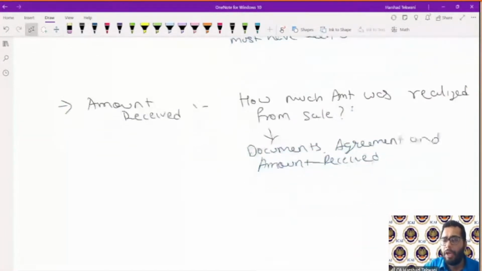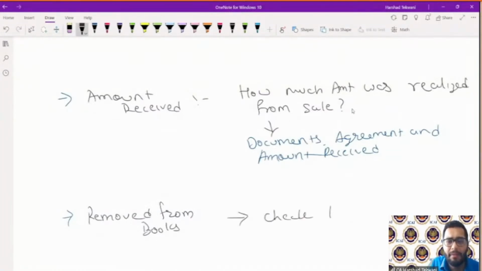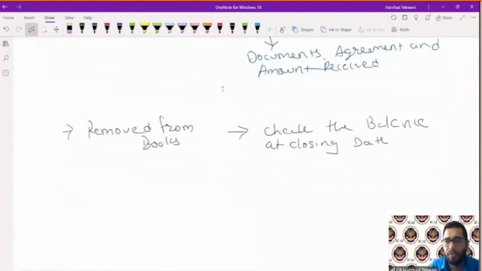Okay. Then you need to see whether, post that, the NPA has been removed from the books. For that, check the closing balance. Then you need to see whether that particular NPA which the bank has sold is sold appropriately, meaning not at a loss. So it should be sold either at the net book value or a value higher than that. There should not be any loss to the bank while selling the NPA, or